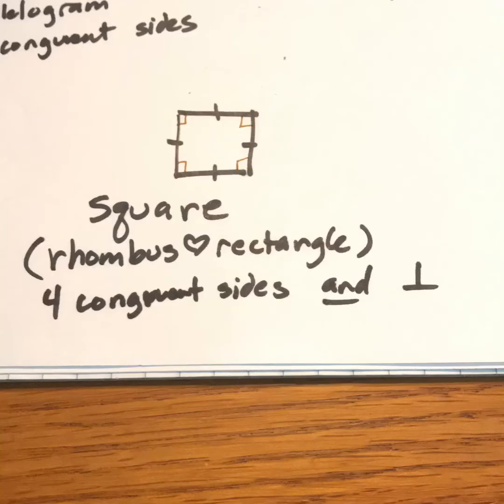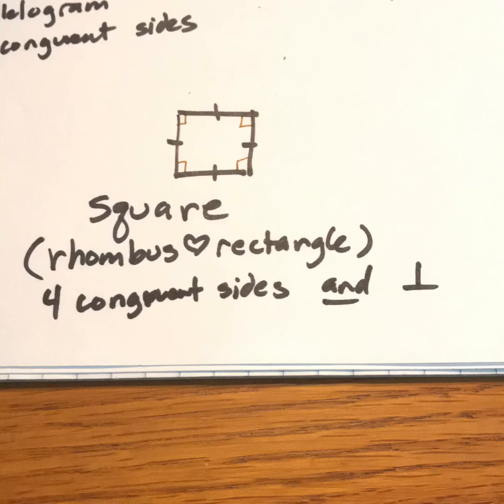So the last quadrilateral in this section is the love child of a rhombus and a rectangle. It is a parallelogram, as always. These are everything in this group, they're parallelograms. It's a parallelogram that has four congruent sides and 90-degree angles in it. So every square is a rectangle because it's a parallelogram that has 90-degree angles in it, but